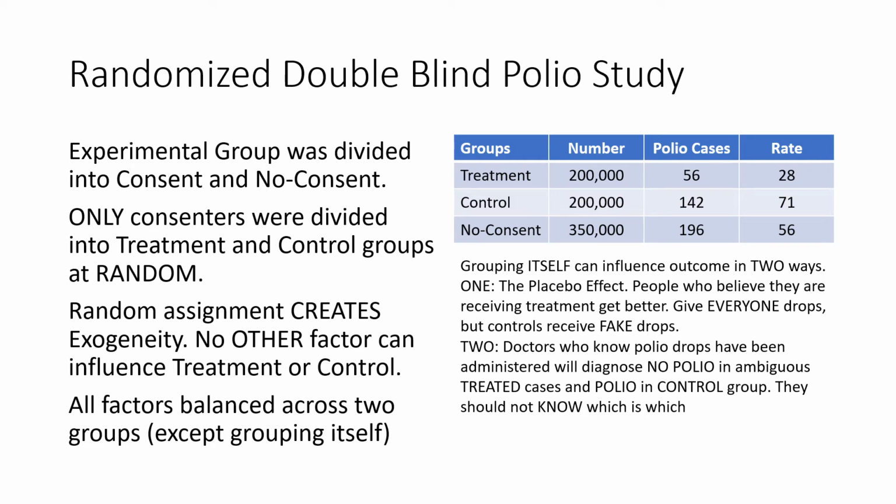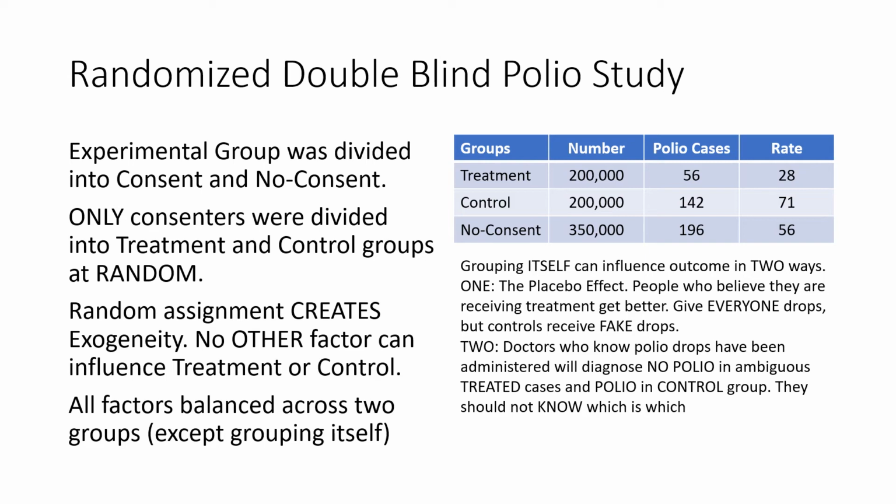So to prevent that from happening, all of the children in the study were given polio drops, but some of these were fake and some of these were real. All of them believed that they were receiving some treatment. So this is called blinding the subjects. Also, the doctors were not told who